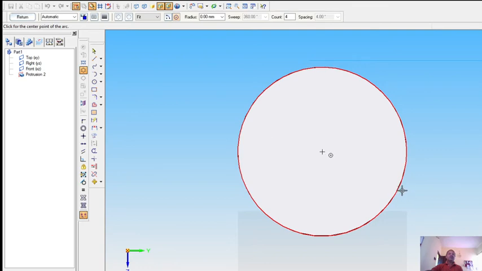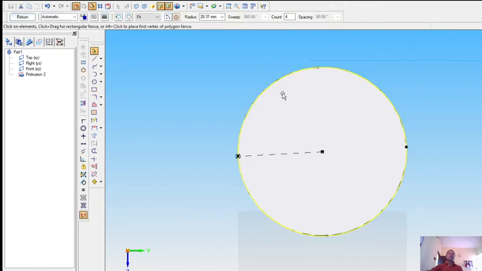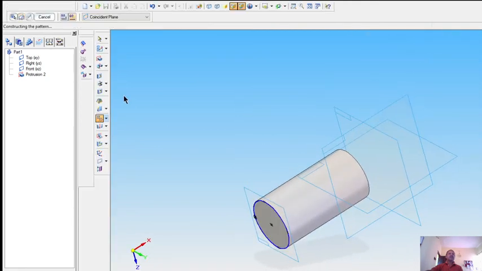This one is the center point of the arc. Click here up to the radius, then you can give the number of counts. Let it be 4 only. Then click on the element and drag the rectangular fence, then return.